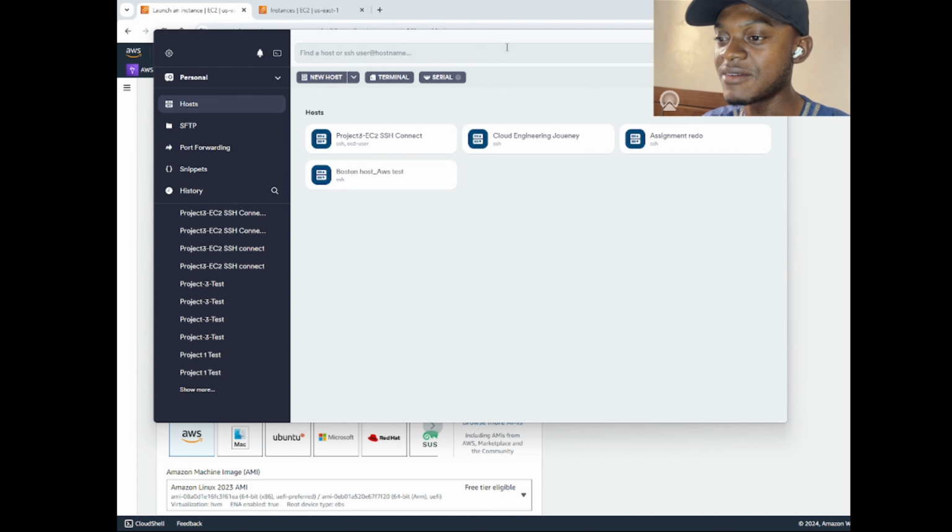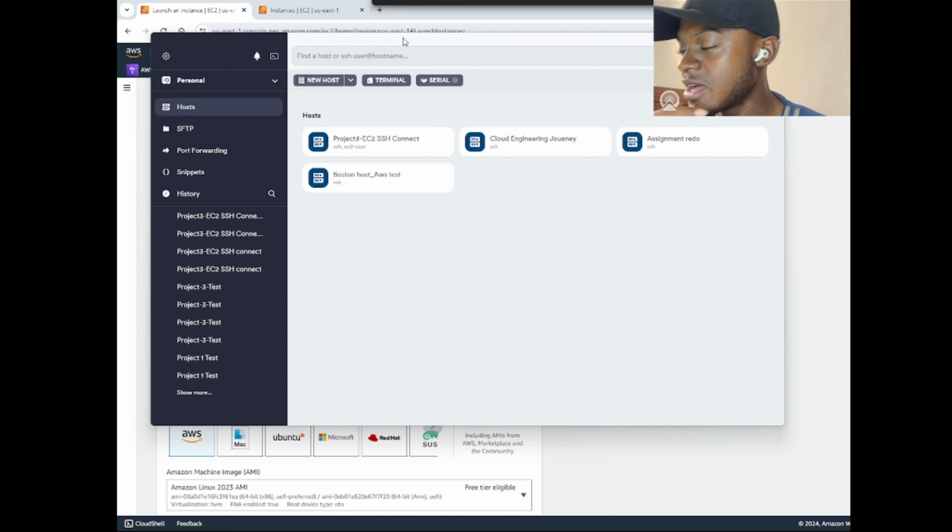Yeah, so after we have done that, we would then SSH into the new EC2 instance as well, and see if indeed the file that we created into the old EC2 instance is actually on the new EC2 instance. If it is on it, then it means that successfully we've been able to back up and recover the EC2 instance, right? So we would continue to work on that. So first of all, as you can see from here,